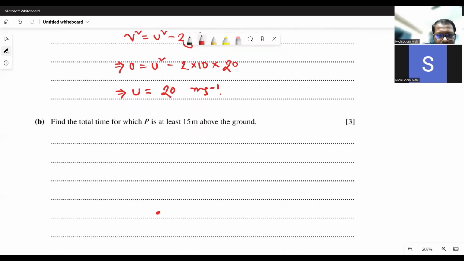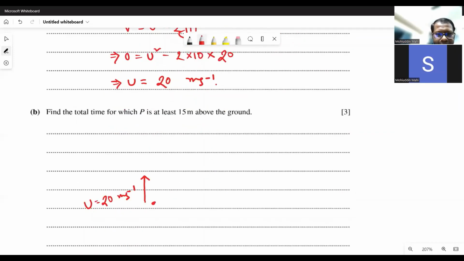So we already know that the velocity of projection is 20 meters per second and the maximum height was 20 meters. Say for example, that's the maximum height from the ground level, and that was 20 meters. Now the question is, for how much time is the object above 15 meters from the ground. So if we consider this as 15 meters,